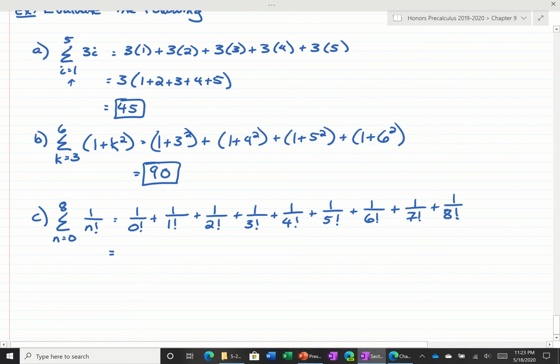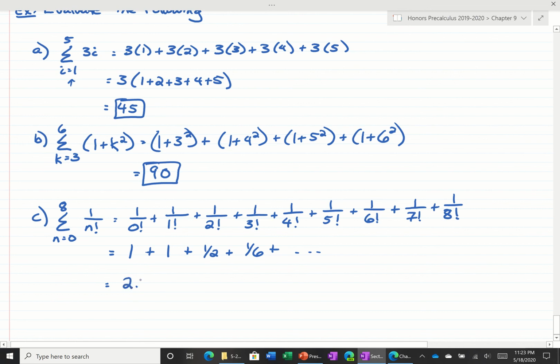So you have a factorial button on your calculator, and if you were going to do this, this is 1 plus 1 plus 1/2 plus 1/6 plus so on. That number would be